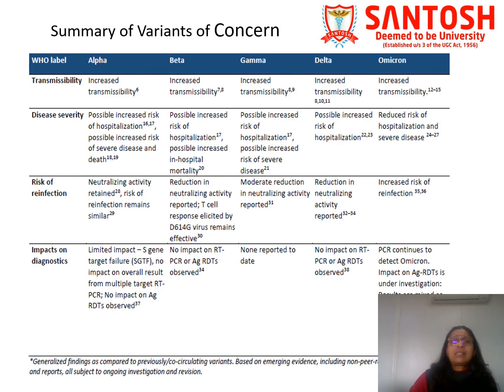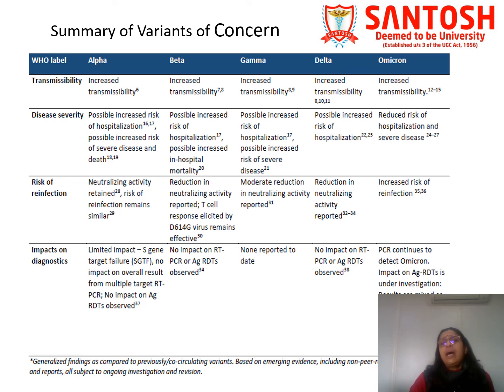So this is just a summary of the different variants or different forms of the viruses which have evolved in the last 2 years and have caused different waves of the epidemic. Now, these are the 4 or 5 types of viruses that we have come across, that is the alpha virus, beta virus, gamma virus, delta virus, and the Omicron virus. These are the 5 different types of COVID-19 viruses which have led to the outbreaks again and again in the whole world.